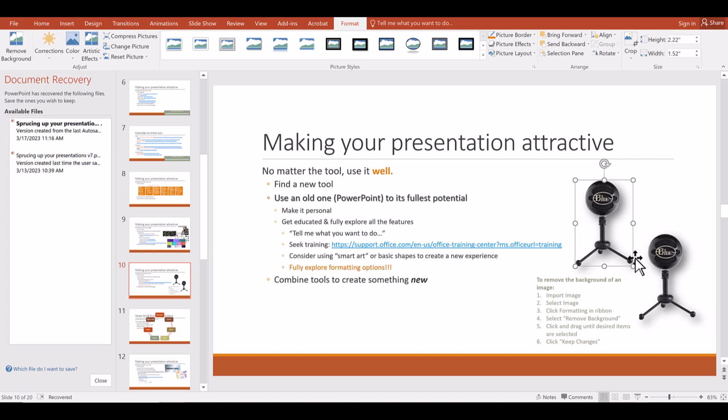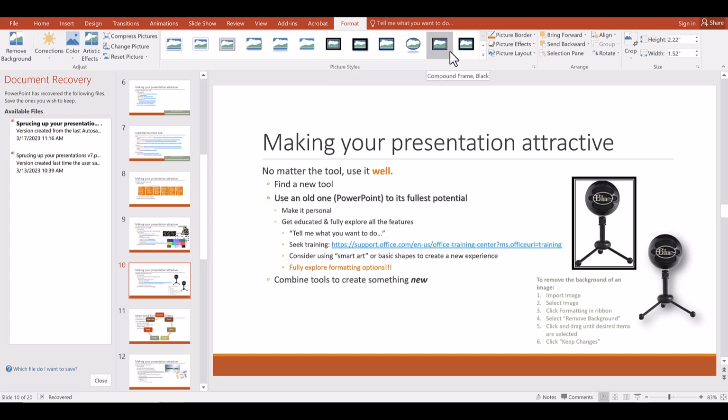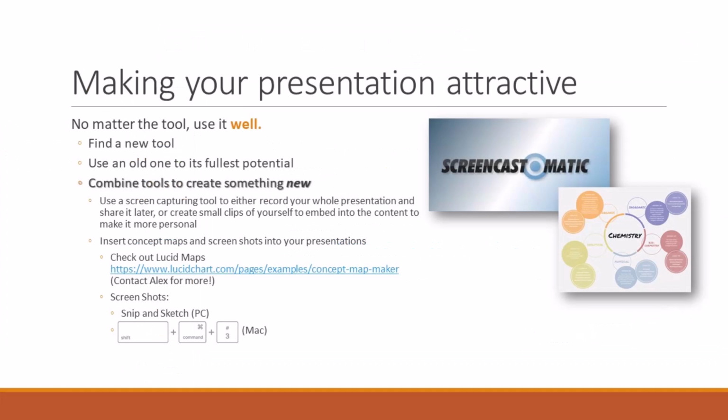And it seems silly, but every one of those little things that you do to create a nice aesthetic experience really just ups the quality of your presentation. If you want to use things like drop shadows, or you want to put frames around your images, those are up here. Again, those are just further formatting options. Drop shadow is my favorite, but there are lots of different things that you can do up there. It depends on what you're using, what you're showing in your PowerPoint, and what works best for you. And as I mentioned before, you can always combine tools to create something new.